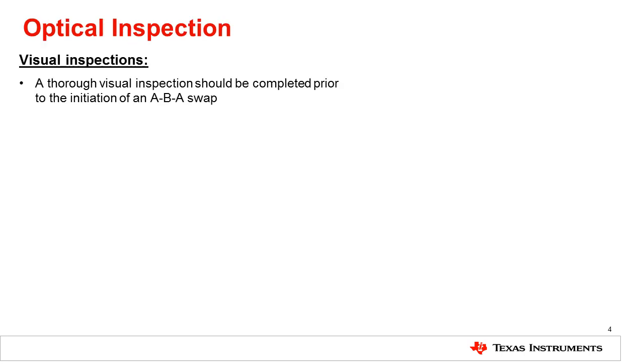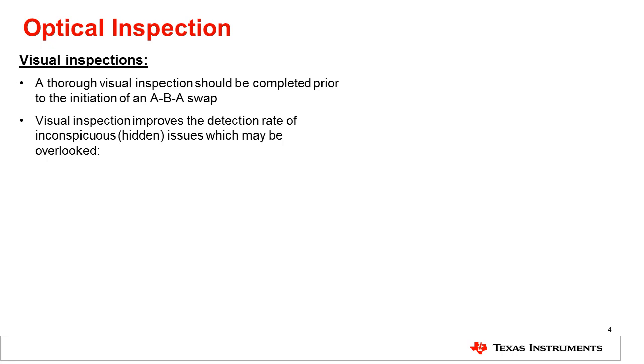A troubleshooting technique often overlooked during the debugging process is completion of a thorough optical inspection. Automated inspections are generally completed during the application manufacturing process. However, some PCB issues may go unnoticed by the automated tool. Low-tech assembly issues can easily be missed without a visual inspection, resulting in countless hours spent electrically troubleshooting an application. Therefore, a manual inspection should always be completed before beginning the ABA swap or another analysis technique.